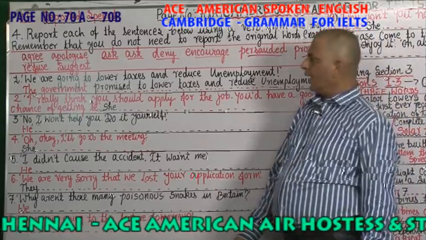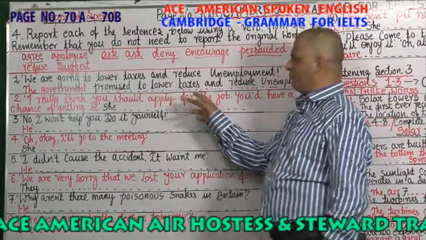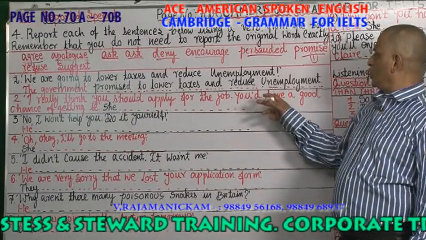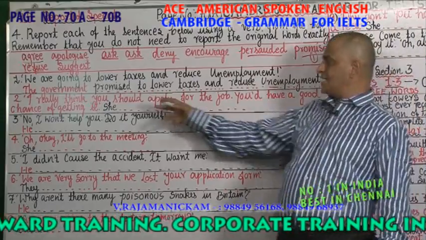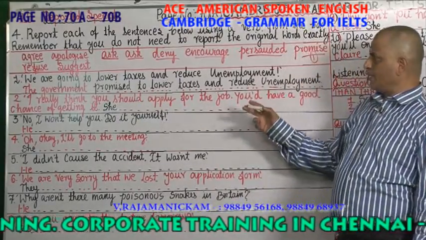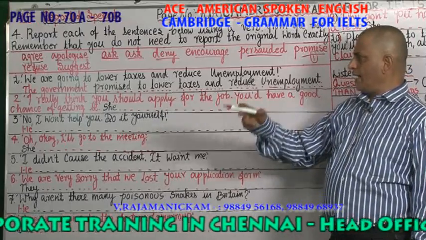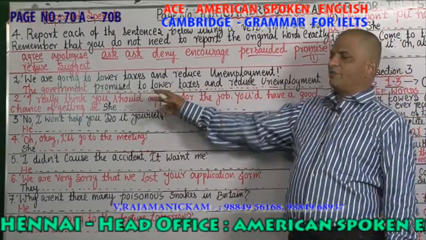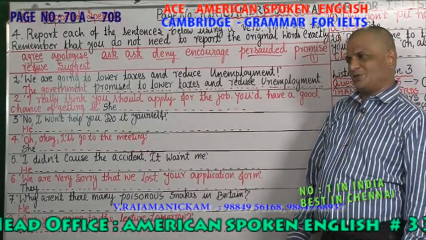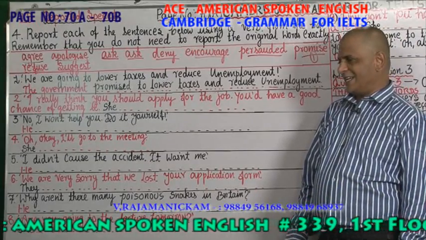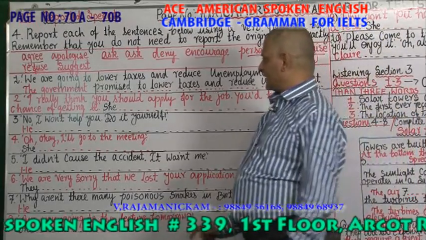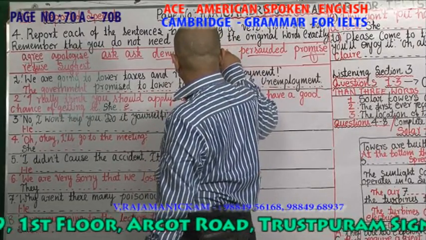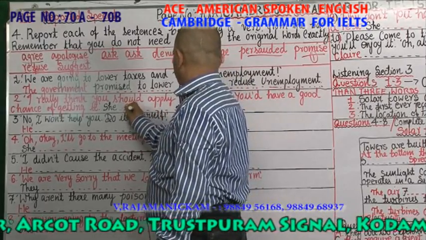Now, second question. I really think you should apply for the job. You would have a good chance of getting it. So somebody says to you, I really think you should apply for the job. You would have a good chance of getting it. So in indirect speech, what do you say in reported speech? She encouraged. You are using the word from here. This is second. She encouraged